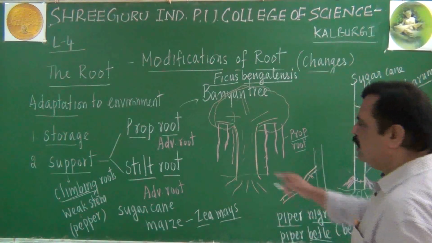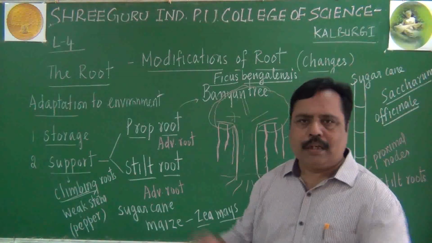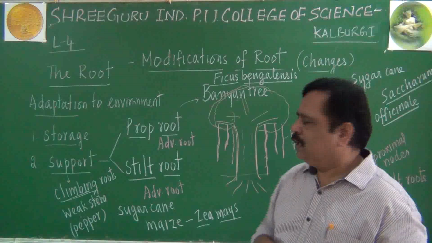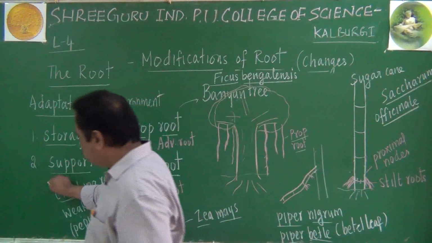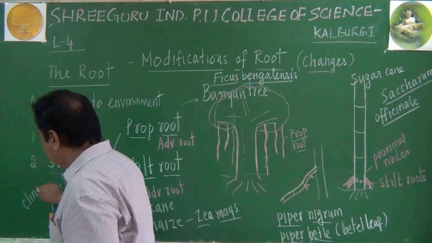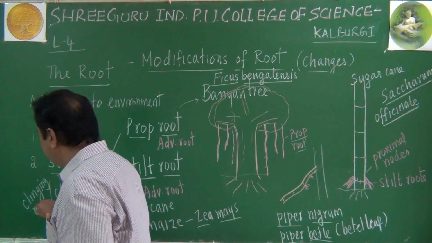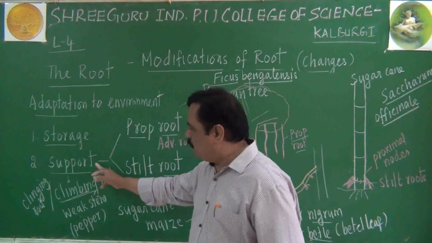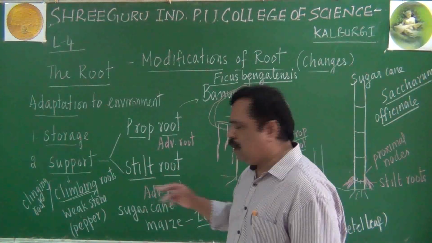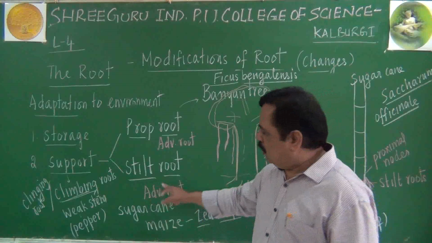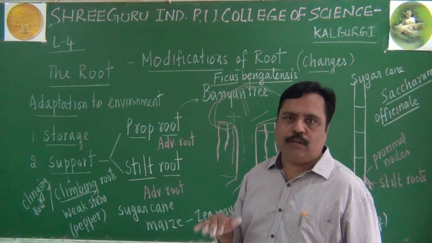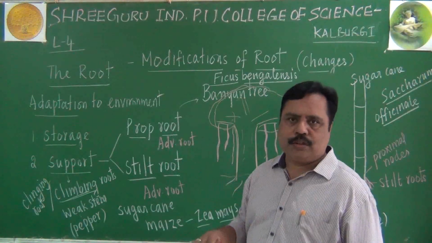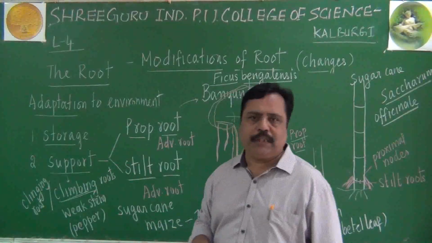These are all exhibiting climbing root. Climbing root can catch hold of a support so that stem can grow further in heights. That is climbing root, which are also known as clinging roots. They can be called clinging root also, because they catch hold of some support and grow further. All of them, the supporting roots, all of them are adventitious roots only. They come above the soil, they are not present below the soil. They are meant for supporting purpose mainly.